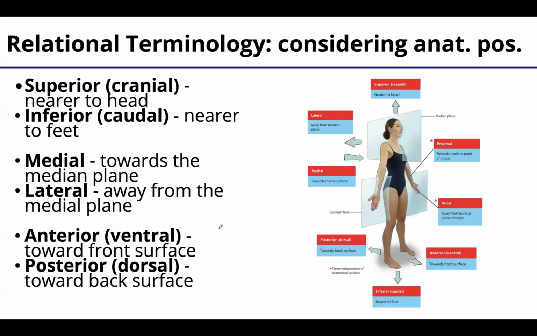As mentioned, many of the spatial relational terminology used in anatomy and medicine in general consider anatomical position. These are often described in pairs with opposite meanings. So a few major examples include superior and inferior. So superior refers to a structure that is nearer to the head, so the top of the head or the